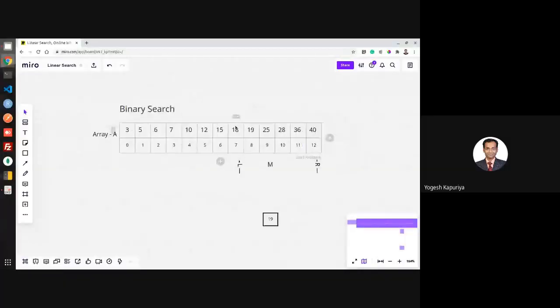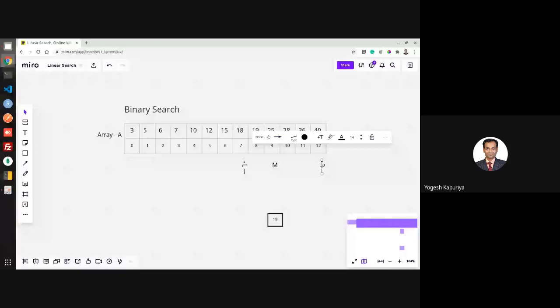So now what will happen? Now your right should become mid minus 1. So this is my new setup.